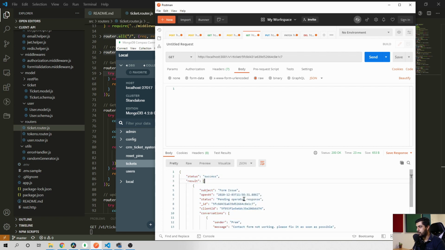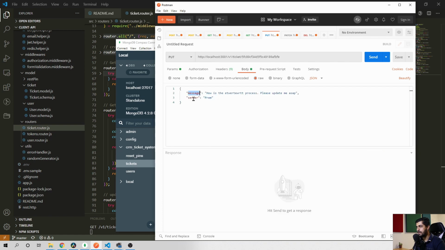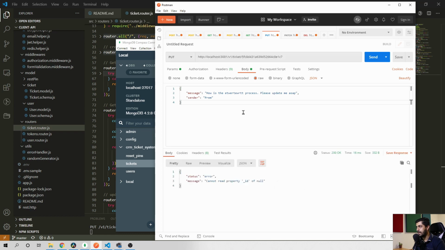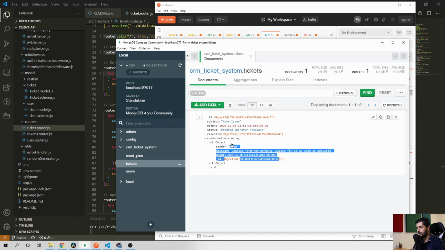And if the client wants to send a conversation message, the client can simply send the message and their name to this URL endpoint with the PUT method. When the client sends this message to this URL endpoint with the ticket, it will say your message is updated. If we check in our database and refresh it, you will see the message is in the conversation array. The first message was this one when the ticket was created, and when the client responds later on,